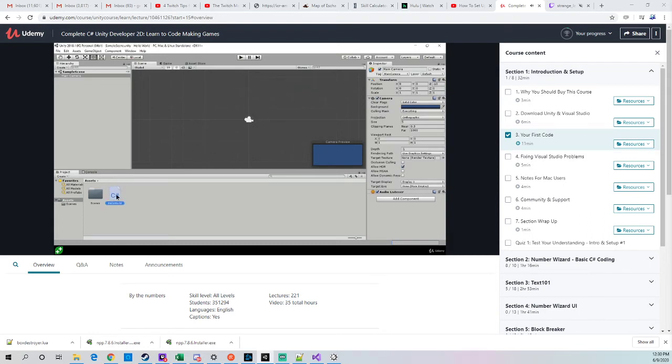So we're going to drag our Hello World script onto our main camera up the top here. We could have also dragged it over here into the inspector while we are selected on main camera. Either of those ways would have served the same purpose. You can see now, when clicked on main camera within the inspector, we've got our Hello World script there. If you come up to the top and click the play button